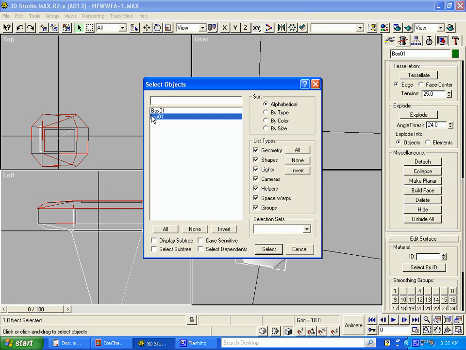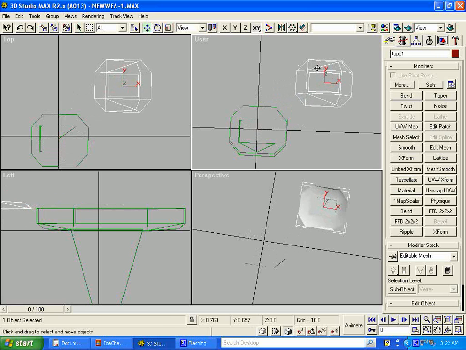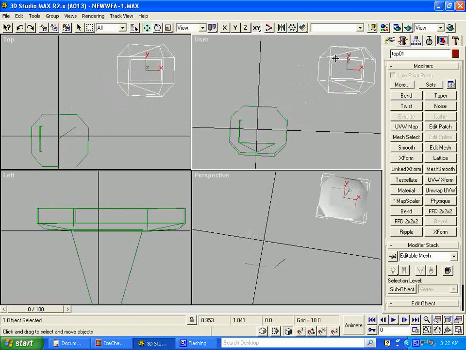Boom. Now I can actually just move the top out of the way if I want to, and that's exactly what I am going to do. I'm going to move it out of the way. So now I have my top up here in the corner, which is wonderful. So now what I want to do is